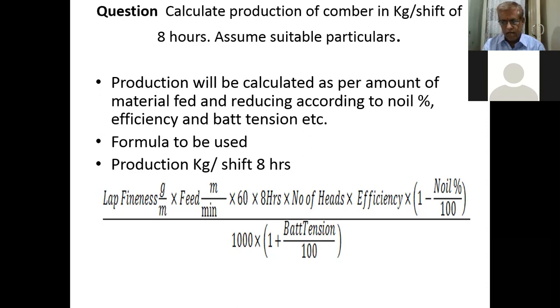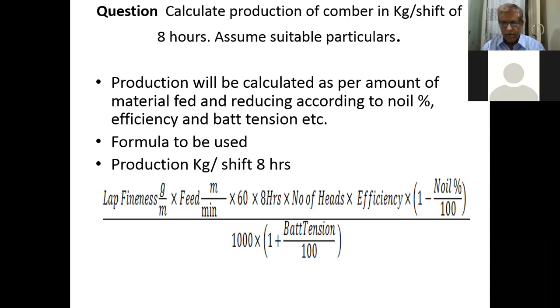So suppose the 1 meter lap sheet becomes 1.1 meter if 10% tension is given. So whatever lap fineness we are taking, we will have to apply a correction factor. So we are correcting it by dividing it by 1 plus bed tension upon 100. So this correction factor will have to be applied,